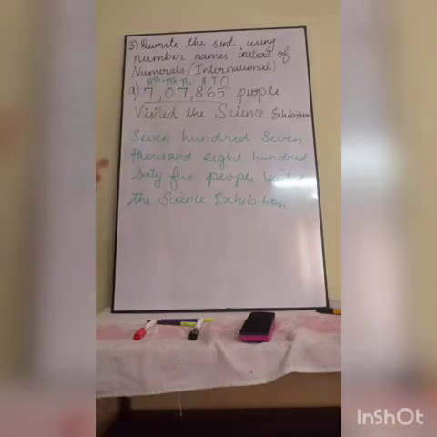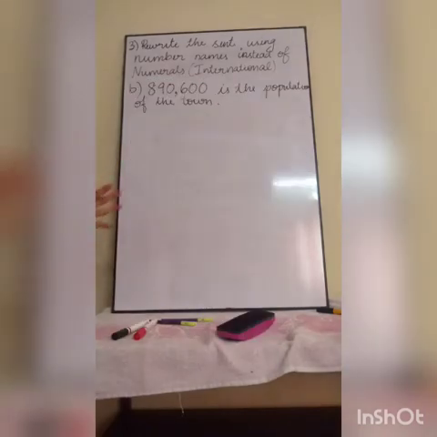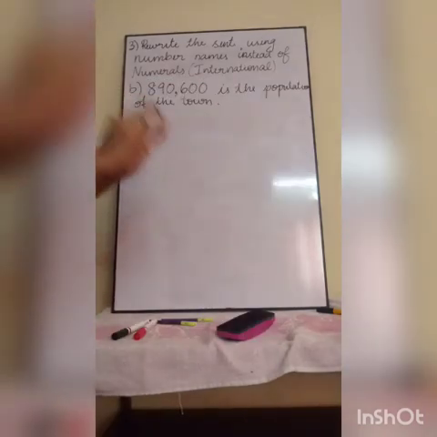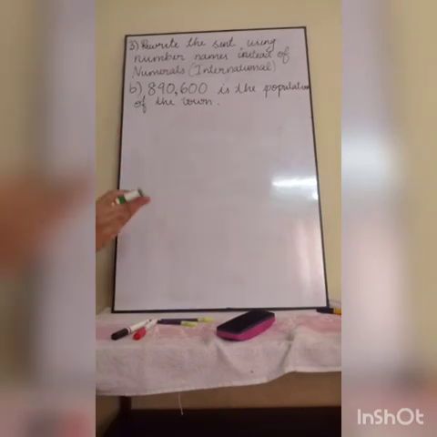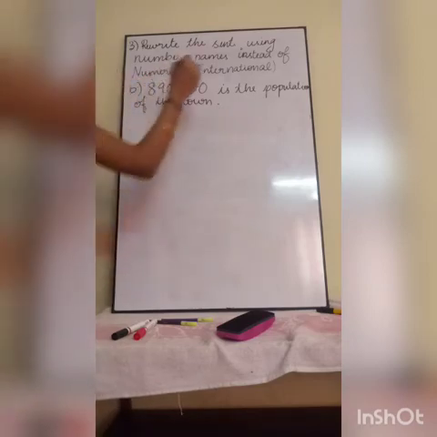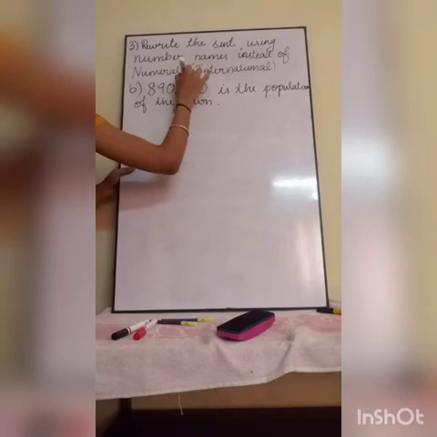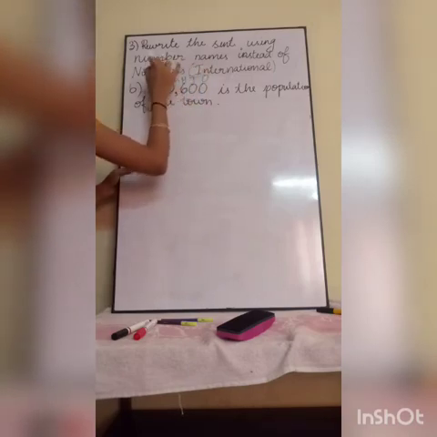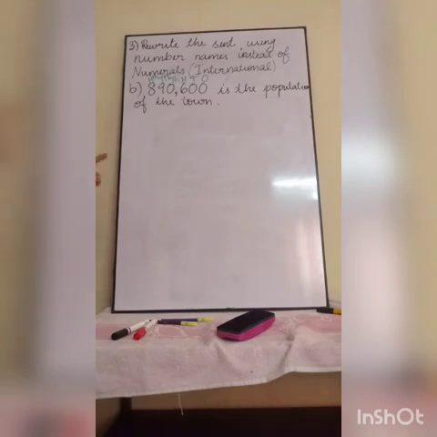Understood this first question, A question? This is B question. This also we are going to do the same thing as before, using the international system. We are going to change this numeral into number name. First you will write the place value: ones, tens, hundreds, thousand, 10,000, 100,000. This is your place value. Now I am going to change that numeral into number name. Then I am going to rewrite this sentence. That's all.